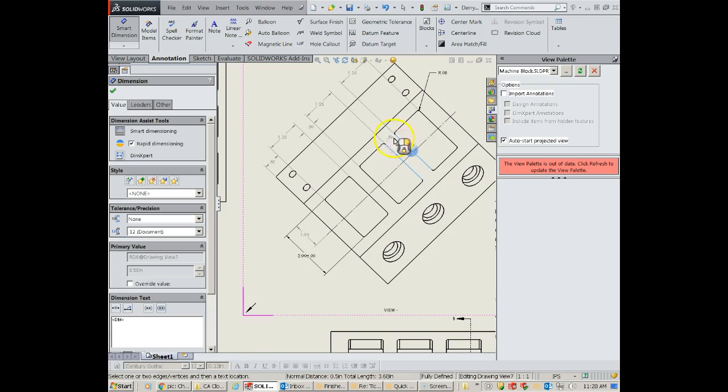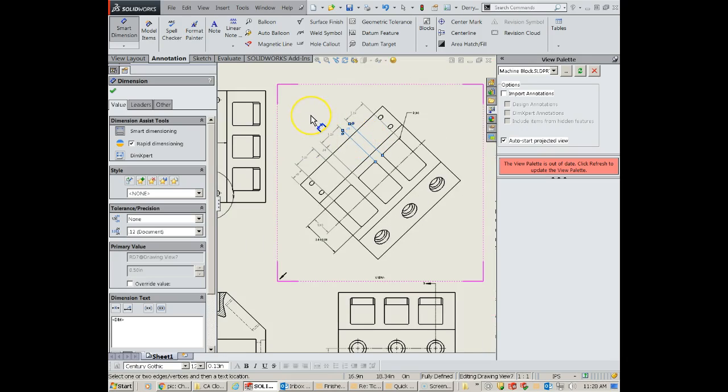Trying to add these so they're easy to read. Okay,